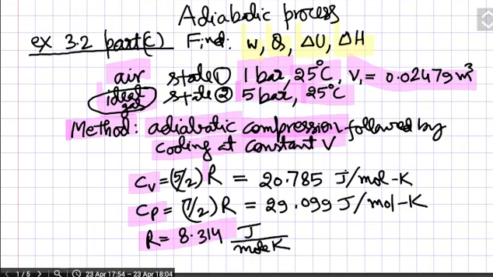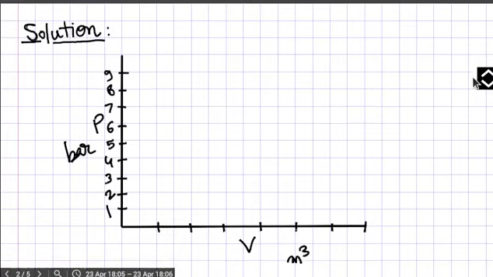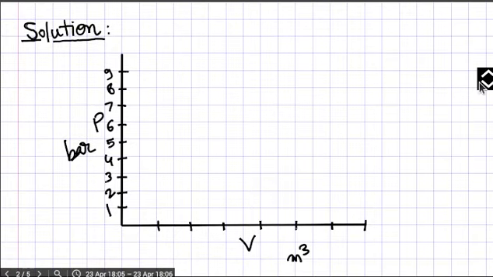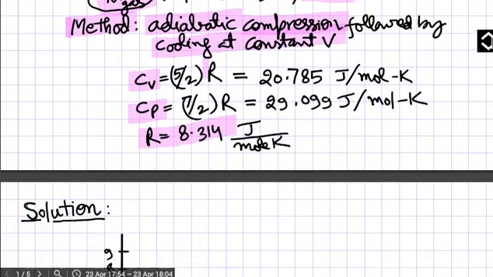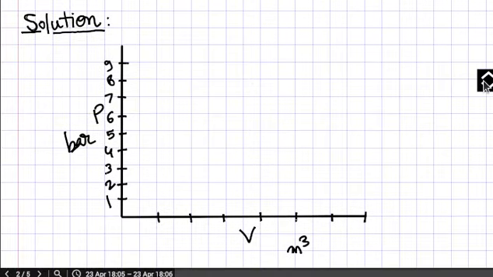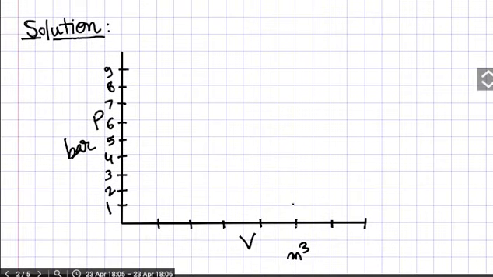So how to solve this question? I already told you that in these types of questions where there are state changes, you should draw a graph like this, because it becomes very easy to visualize things in it. On this graph, the first step is that you show the states of the gas. We will start with the first state of the gas. It is at 1 bar and 25 degrees centigrade, and the volume is this. So suppose let's say it is at this point.